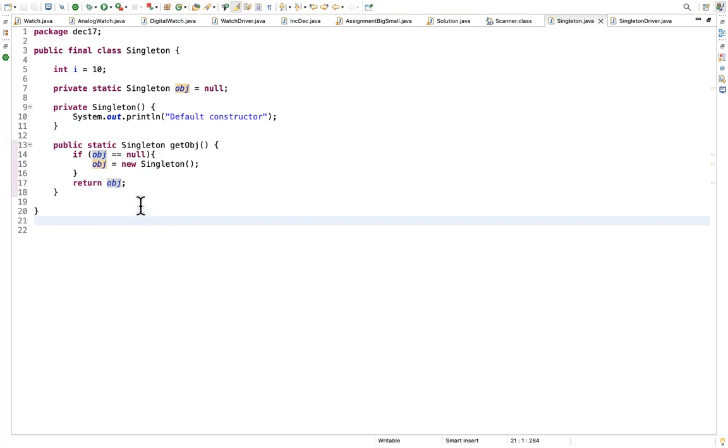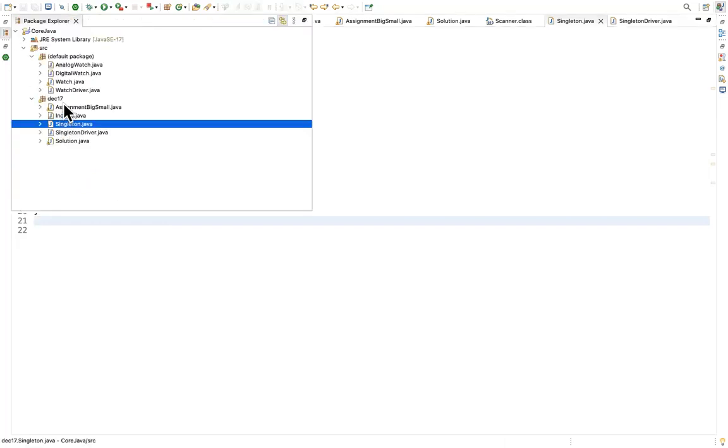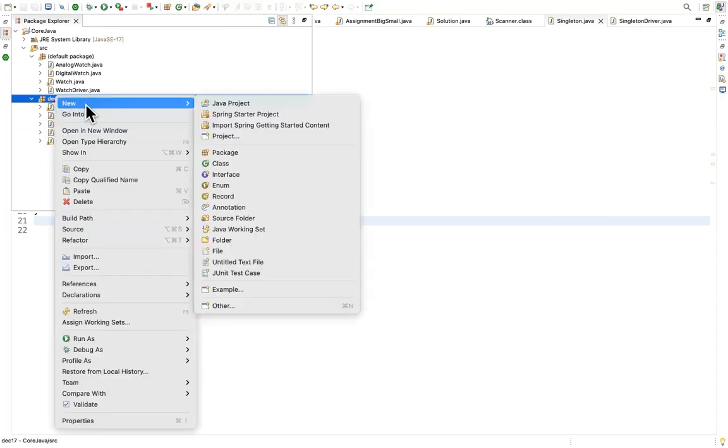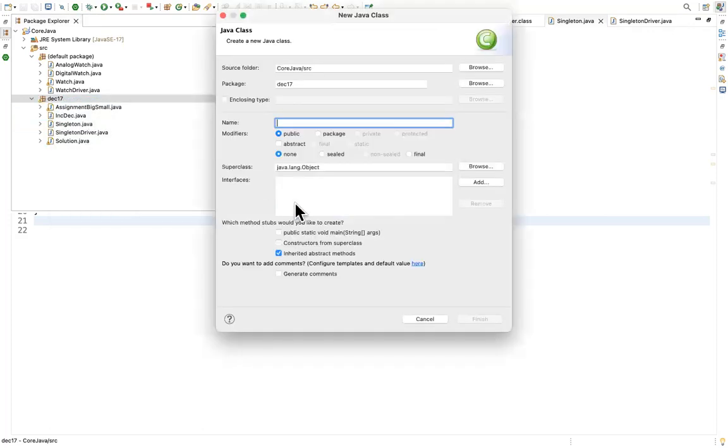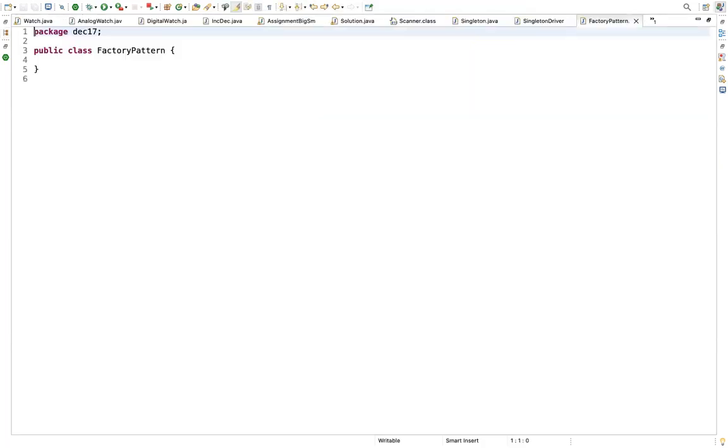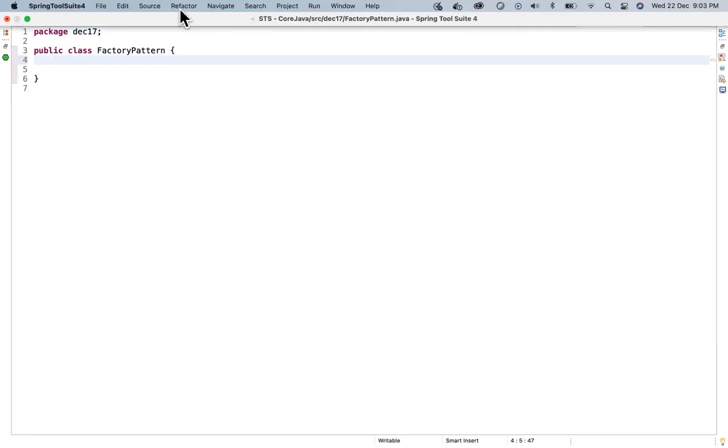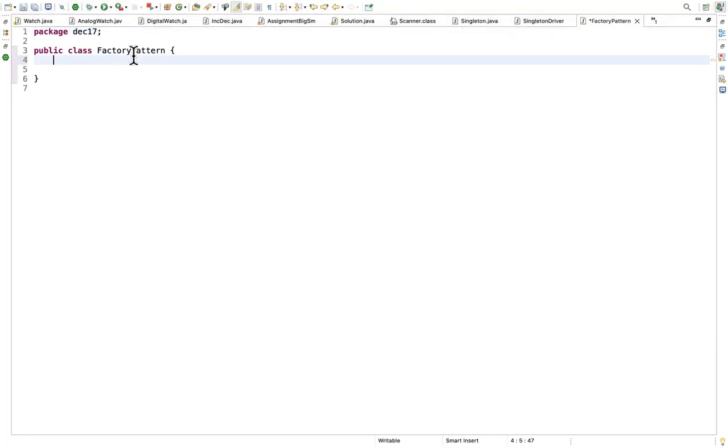Okay, so now can you create one more class called factory pattern? So in your wrapper classes, internally, this factory pattern is being used. That is what, if you observed yesterday, we used the parseInt method, we used the valueOf method, right? So let's see how actually that is in real time. And then we'll write our own factory pattern right now.